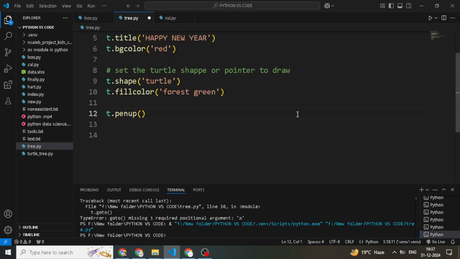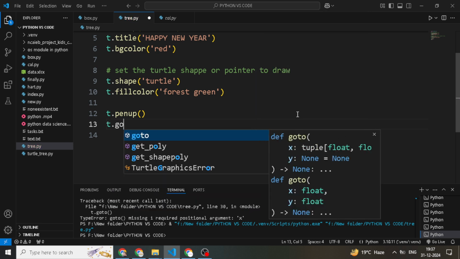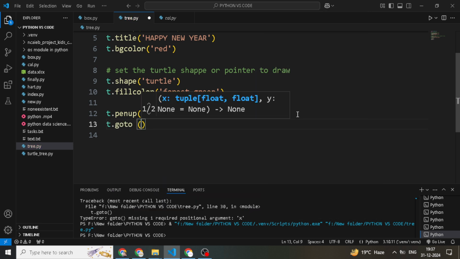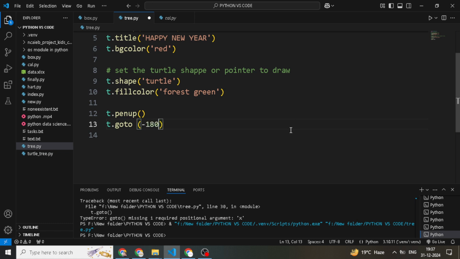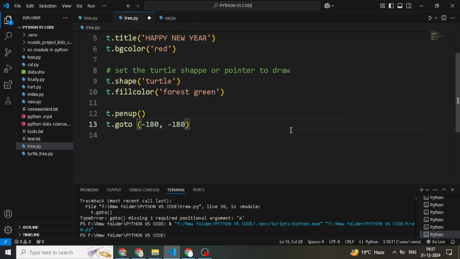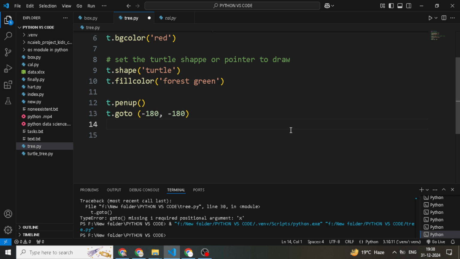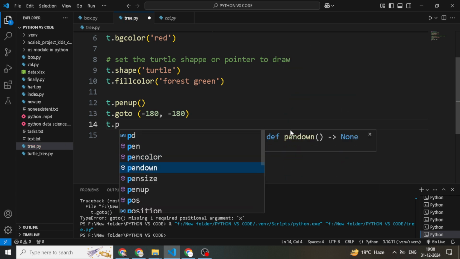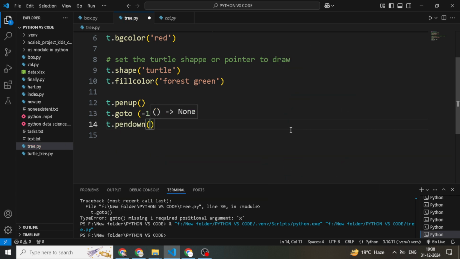Now t dot goto -180, -180. We move the turtle to the starting position at the bottom left of the tree. This position is at -180 and -180. Then t dot pendown. Here the turtle will move and draw the line.